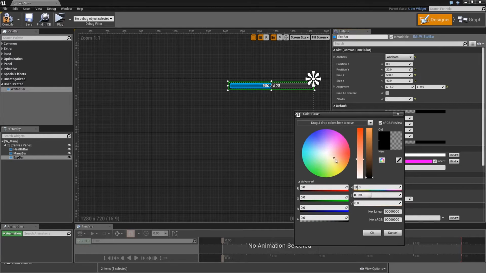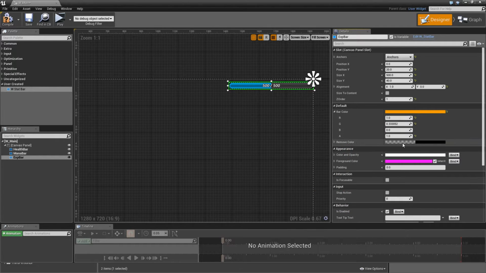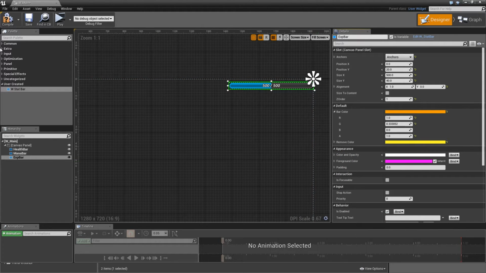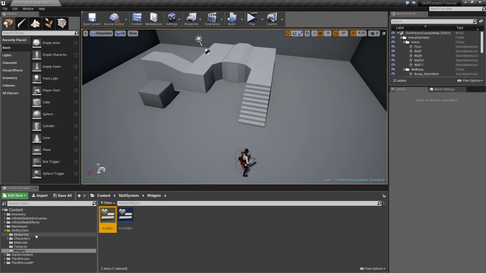So experience usually something like an orange color with an alpha of 1, and the remove color we will do something like a bright yellow for that, also with an alpha of 1. Okay, then we can compile and close our main widget. Instead we will go back to our blueprints folder,